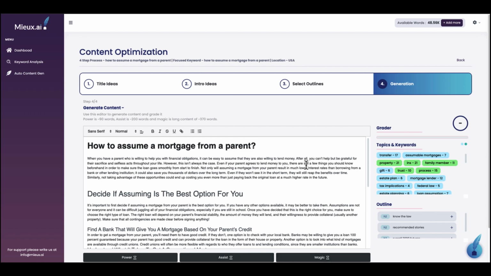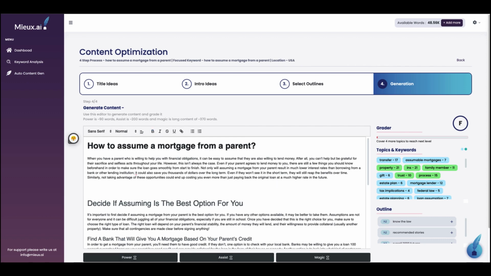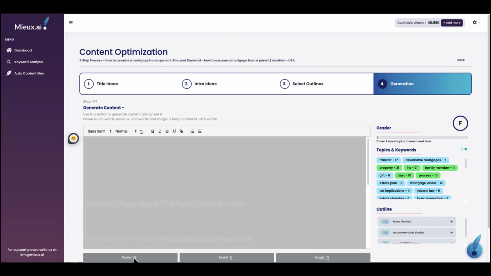So little inconsistencies like that bother me a little bit, trigger my OCD. So you can get confused if you're using this platform. You're like, wait, over there the power was over here, and it's different credits, and I think the assist should be the 90. All right, so let's try using power and see what it produces.